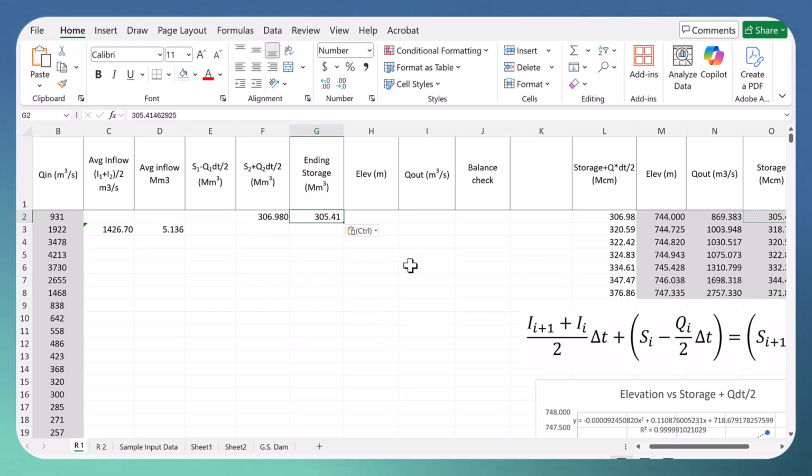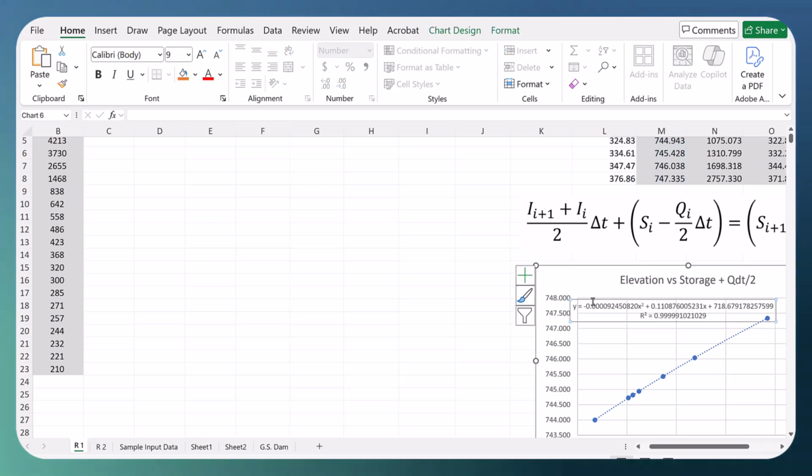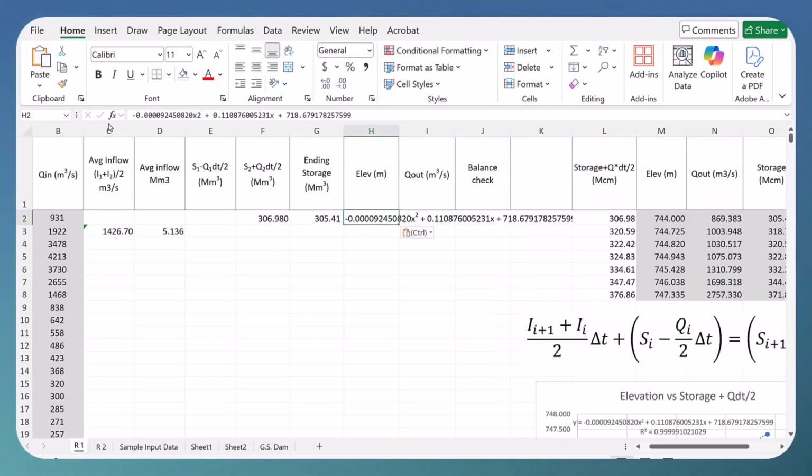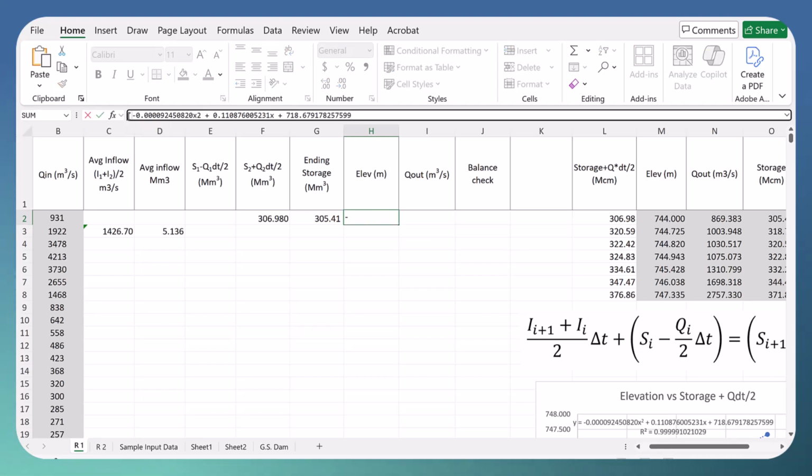Now, the interesting thing is that we can now use our functional dependence to determine the elevation and outflow. So the elevation is going to be defined as a function of this composite storage and outflow. Let's copy this formula. So here's the formula. We need to put the equal sign here, and we need to use the argument in the function and square the argument instead of